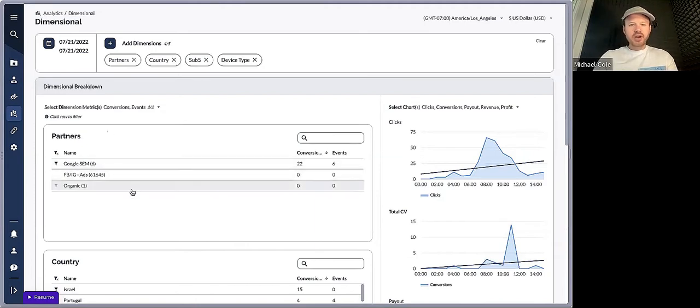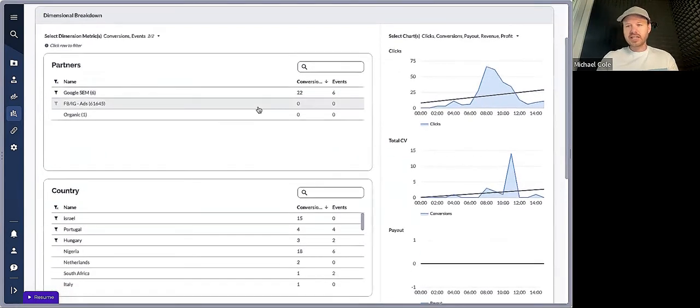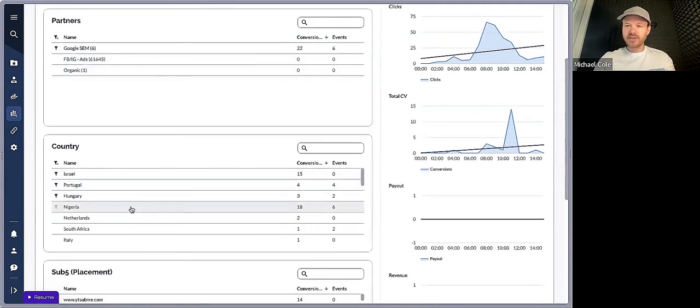I have my different partners here, so I'm just going to look at Google SEM. I filtered down just to that Google SEM partner that we set up earlier and had all of our clicks from Google Ads coming into. So here I have 22 conversions, 6 events. This is actually looking at a real campaign we ran. When we first turned on display ads, we literally had this happen where we had a ton of new conversions coming from this display ad campaign and 0 events, which in our setup should have been impossible